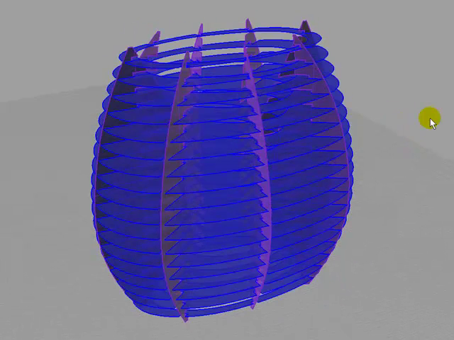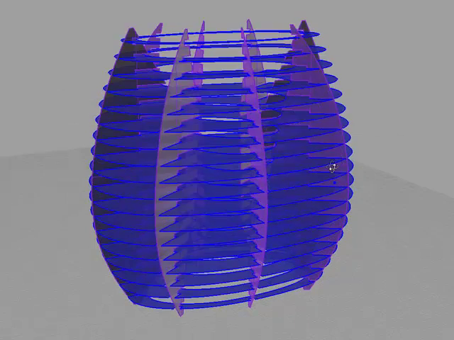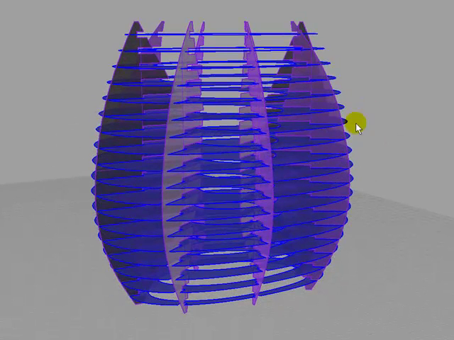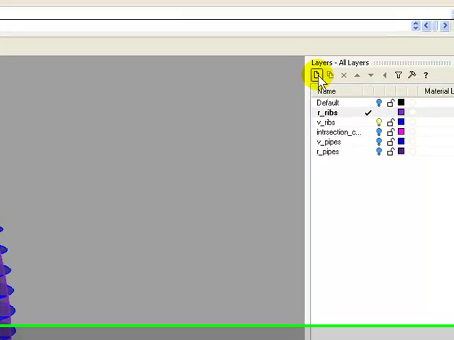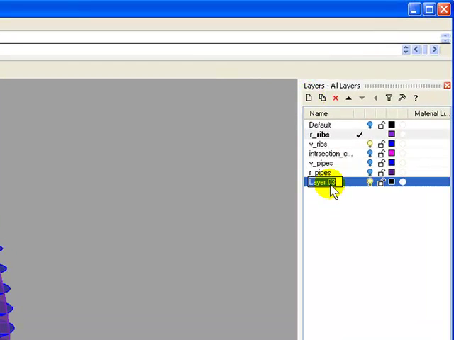We need to massively unroll this. We're going to use our Massive Unroll script to lay this out properly for laser cutting. Okay, and that's a straightforward process that you should all be familiar with. Let's start out before we begin. We're going to create 2 new layers. Okay, we're going to call one our vertical,